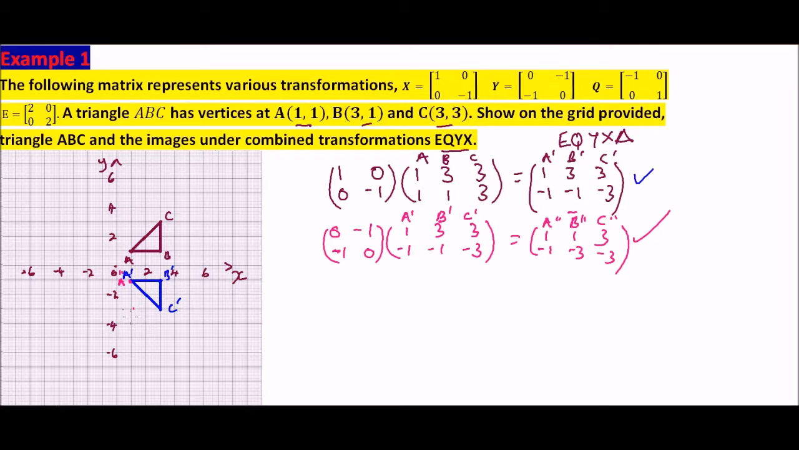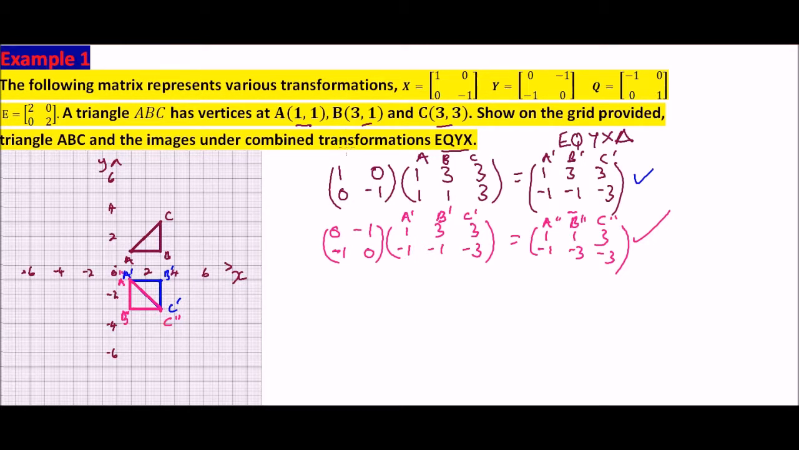And our C will be at 3, minus 3. So 3, minus 3 is where we have our C prime. So this is our C double prime. So we are going to join the 3 points so that we have the triangle of the second image. So this is our triangle, the second image,